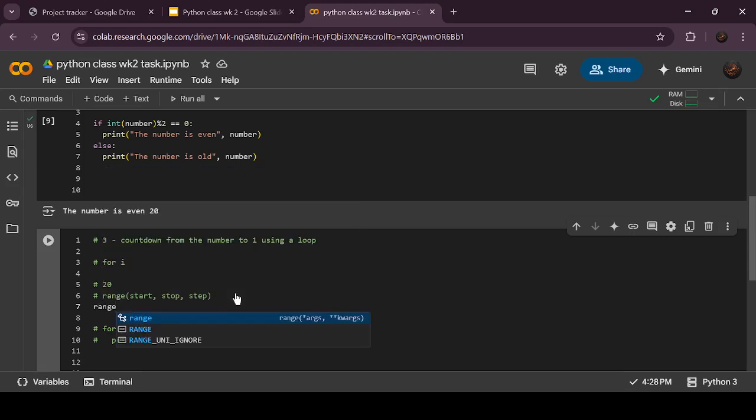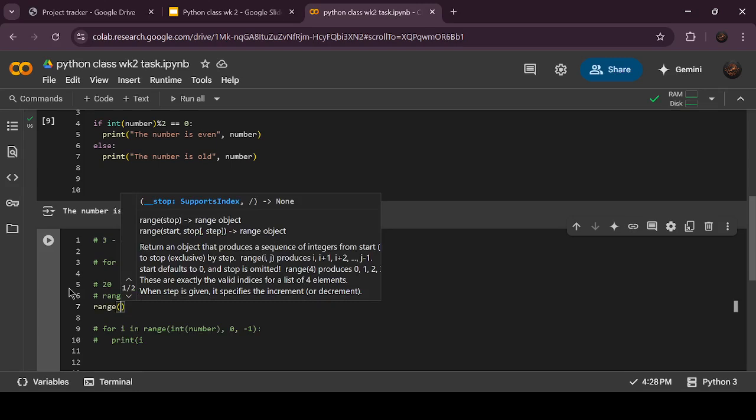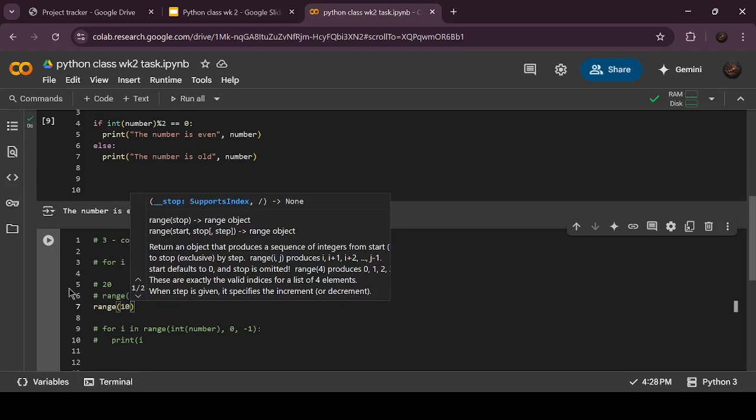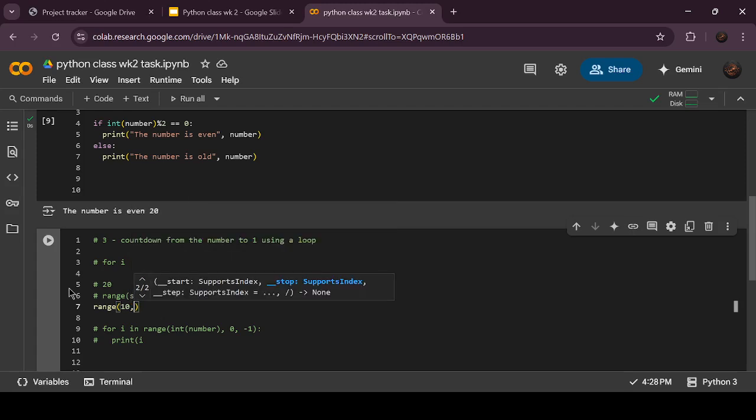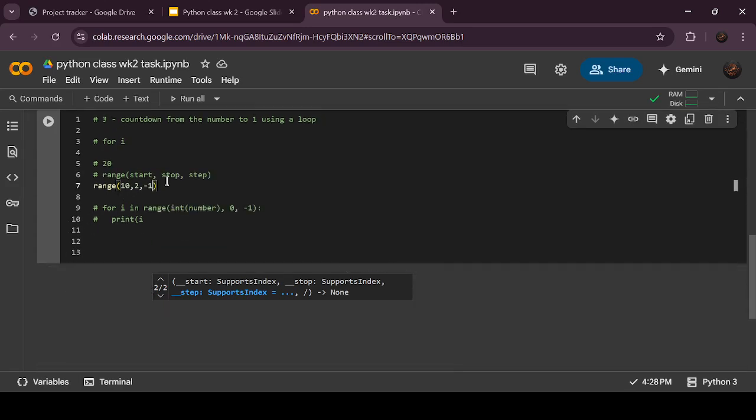how the range works. So let's say I want to print from 10. This range is going to start from 10, then end at 2. I want it to go in descending order, so I'll put -1. That means once it starts from 10, it should do -1, 9, and so on until you get to 2. So if you print this, you should have from 10 to